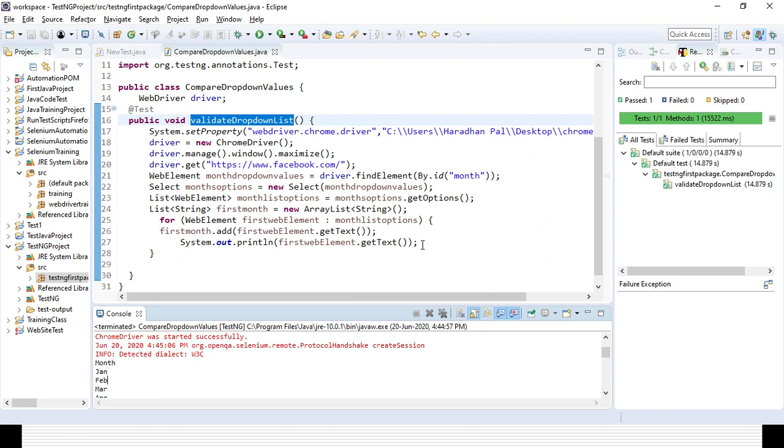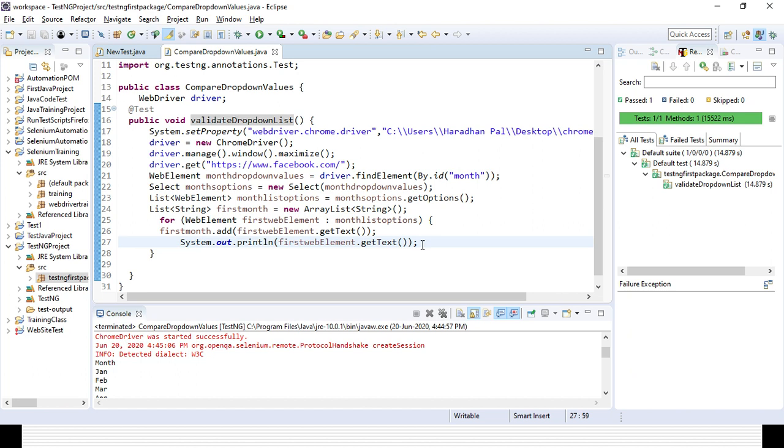Now suppose you already know the expected result, right? So you can store it in some string, right? Suppose I am storing it in some string, okay, string month. I am storing all the options.